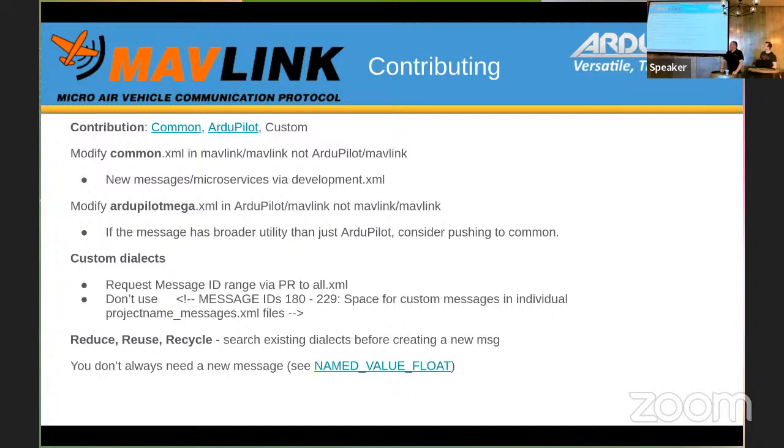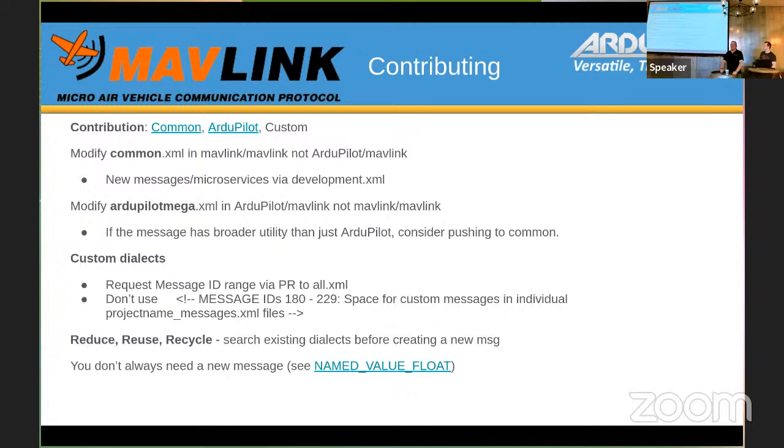More than that though, before creating custom messages, before creating custom dialects, please look through what already exists in MAVLink, with all the dialects. There's a lot of use cases that are already being explored, already being defined. So there's a pretty good chance that what you think is a new and bespoke and innovative use case, someone else is already doing, respectfully. So have a look, see whether the messages that are in another dialect might fit your use case.